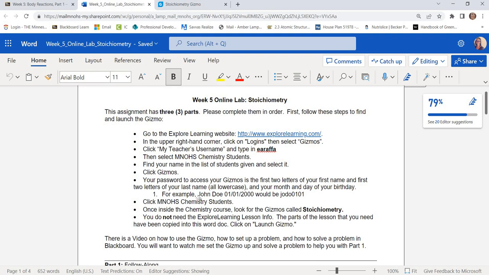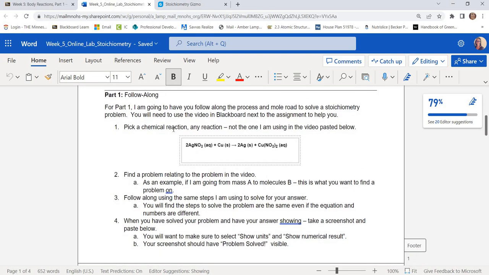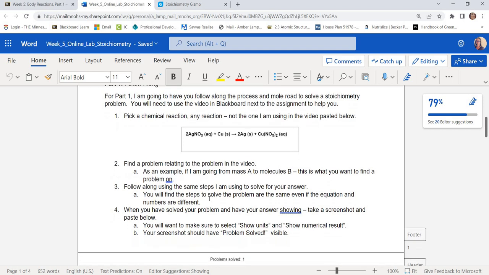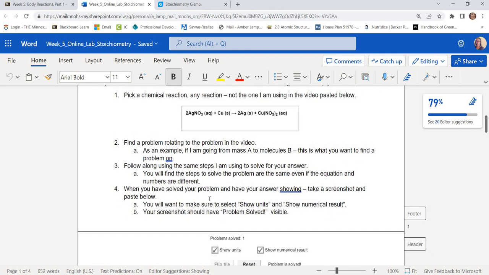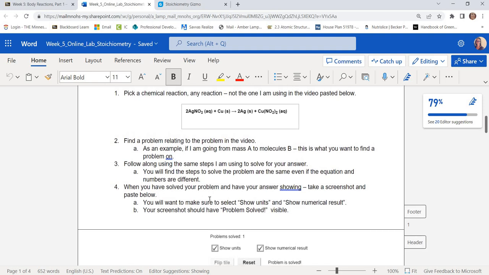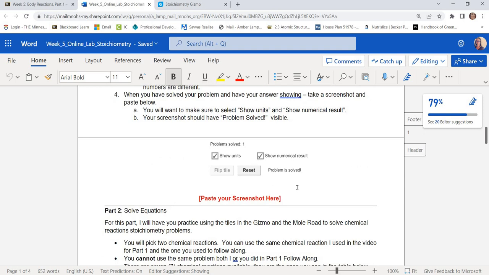Now, when you scroll down to part 1, you'll have some instructions here where you're going to pick a chemical equation. You can't use the one I'm using, and then you want to match the problem I'm doing fairly closely with your own chemical equation. So I'll show you how to do that on the next slide, and then we're going to end up pasting